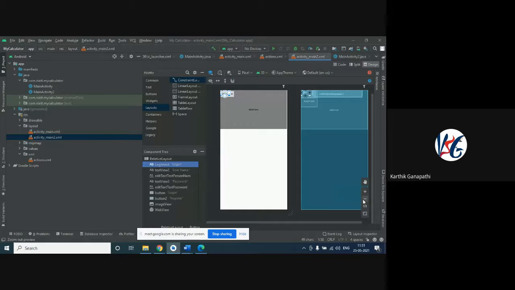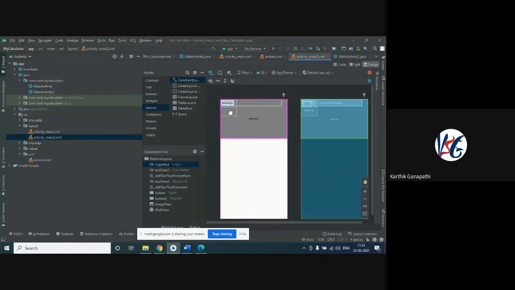As you can see here, the first component, that is the login text, is placed somewhere here. Let me drag this and place it somewhere here. Okay, wait a minute. So this is the problem with the relative layout, because with the constraint layout we never had this problem, right? Wherever we want, we can just place the contents. But in relative layout, it is not possible. As you can see here, each and every component we have is being related to some other component.